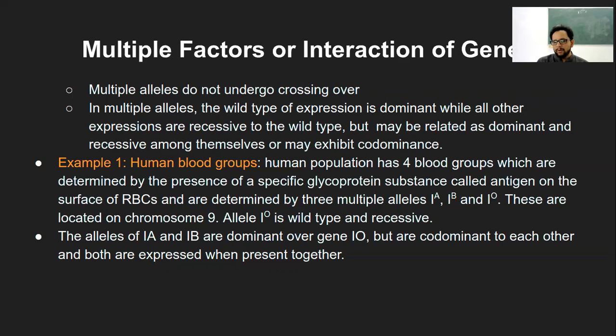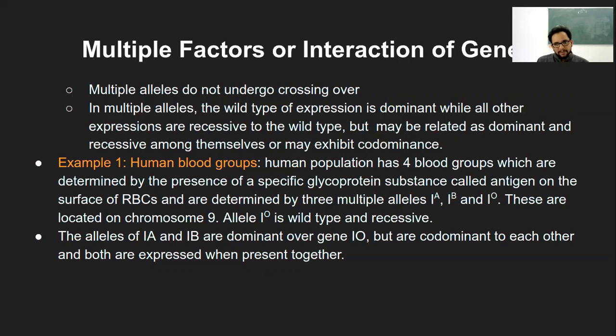they might be codominant with the wild type or they might be recessive with the wild type. So it depends on what the expression pattern is, what gene we are talking about, or what allele we are talking about, then that will vary. But still, these multiple alleles can have different types of expression or different degrees of expression. They can be recessive to wild type or they can be codominant to wild type. So these are the various characteristics of the multiple alleles.